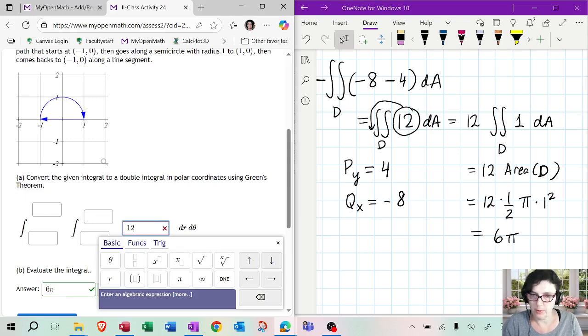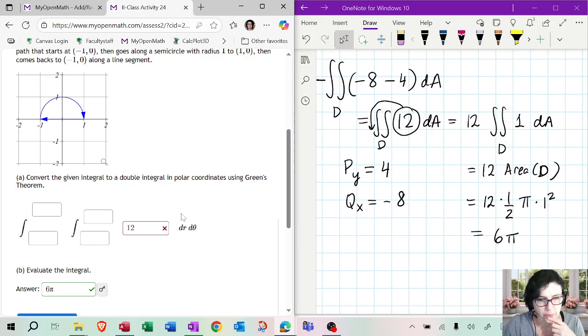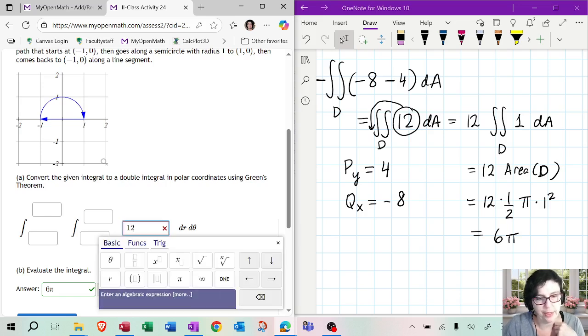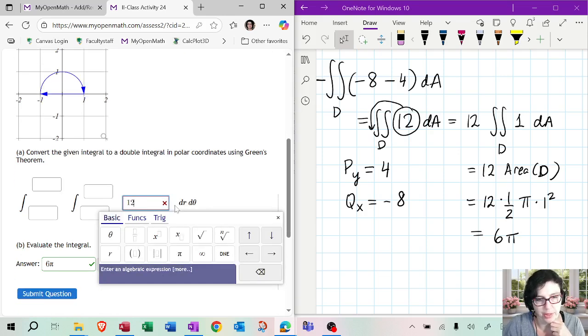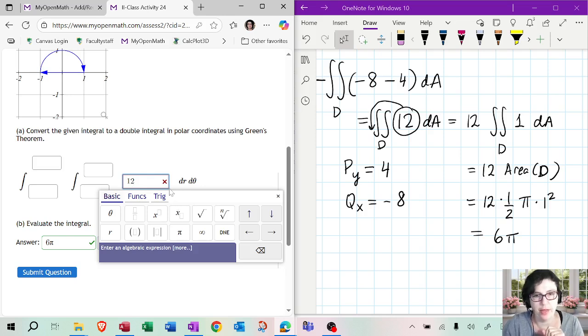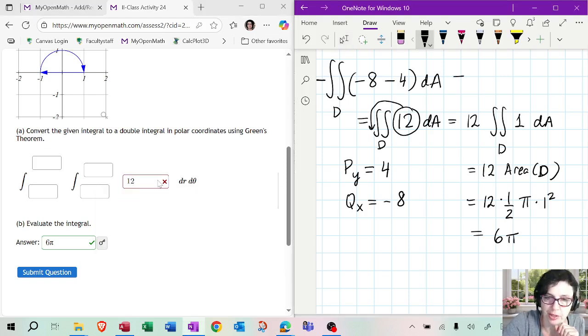Okay. Oops, it did not like 12. Why not? Oh, because it wanted us to connect this to polar coordinates. Ah, okay. So here is why this would not be correct. So I hope you remember, if this was dy dx, the 12 would have been correct, but because they want to switch us to polar,